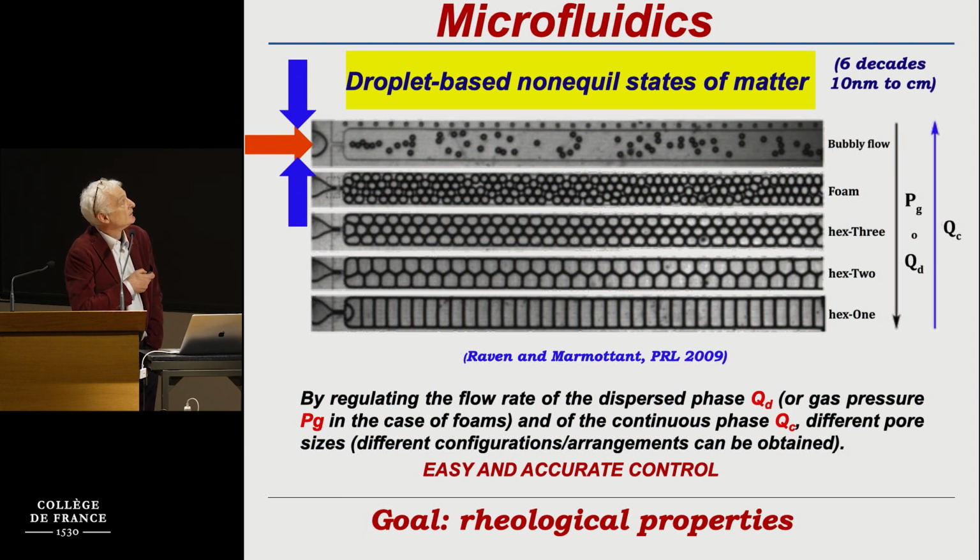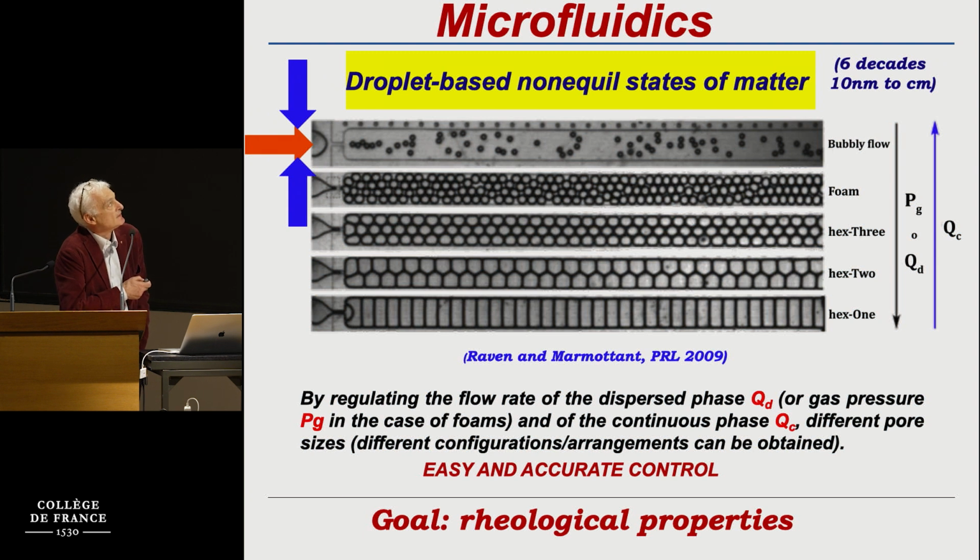This is water, this is an oil jet, and the oil jet is squeezed by water jets up and down, and so you break up, and depending on the ratio between the oil mass flow and the water mass flow, you generate either dilute states, these are small droplets, which would be the analog of a dilute gas, and by just changing this order parameter, namely the ratio of the two mass fluxes, you can go from